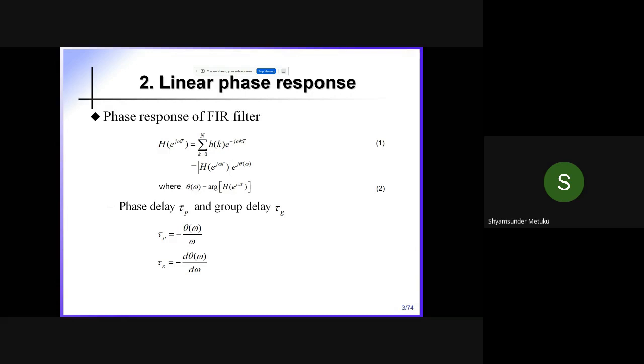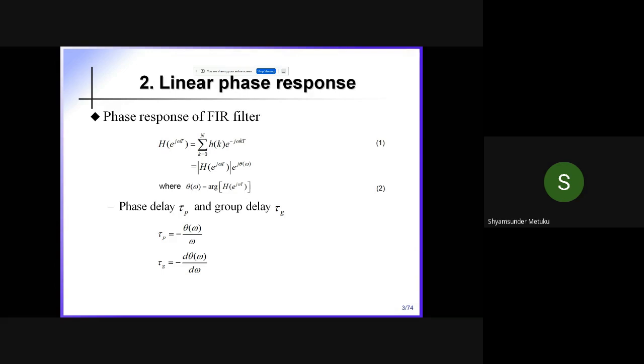I think in the very beginning classes I told this point. Is DFT a direct transform technique or an extension of the discrete time Fourier transform? Which one is right? The extension of DTFT, sir. Very good. So before DFT, there should be the discrete time Fourier transform, isn't it? That is equation 1, which you see on the screen. It is an expression for the discrete time Fourier transform of a finite impulse response. The reason is h of k, where the change of variable is given, k instead of n.